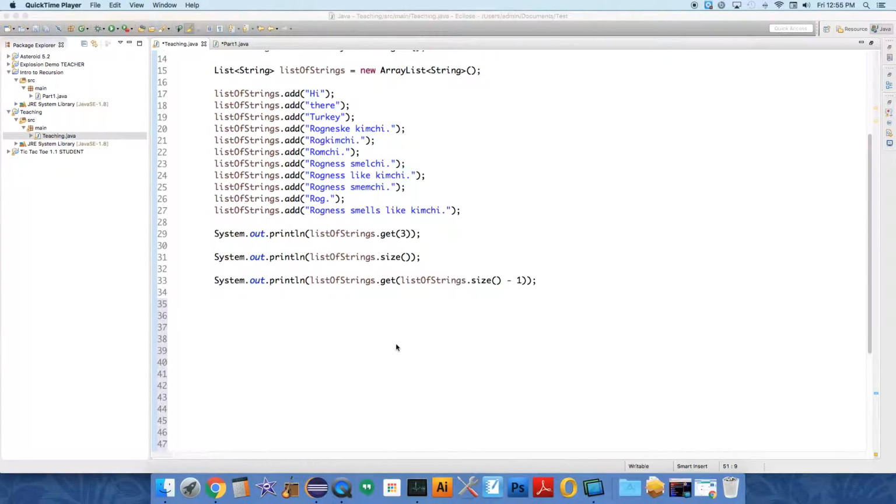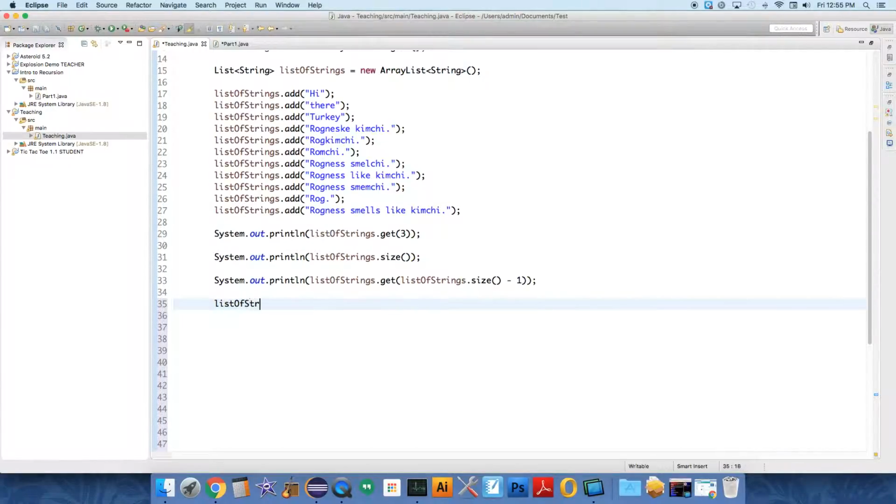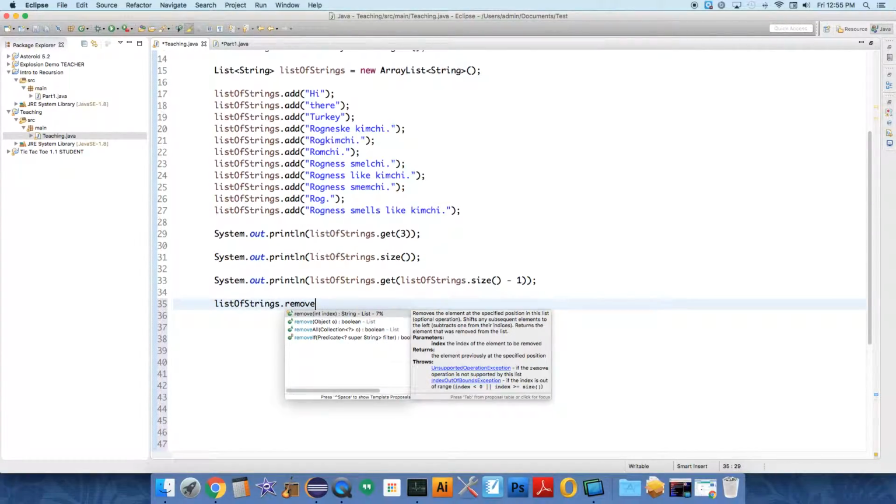Alright, in this video we're going to talk about how to remove items from an array list and how to do it safely in certain circumstances. So first of all, it's very easy to remove an item from an array list. Let's do listOfStrings.remove